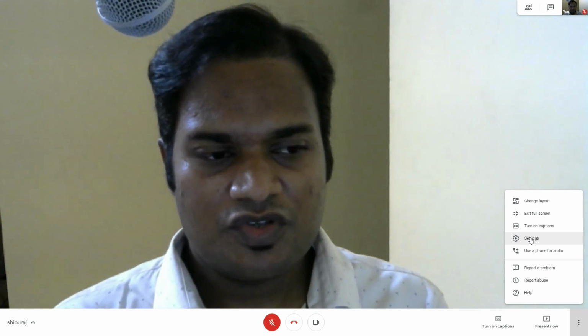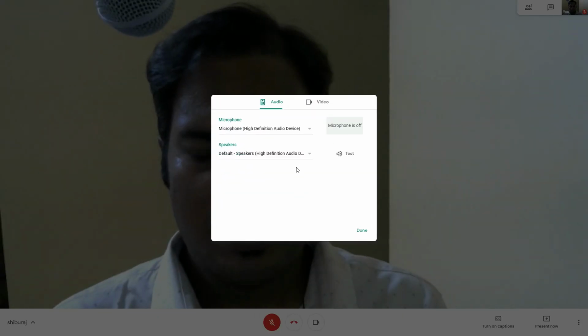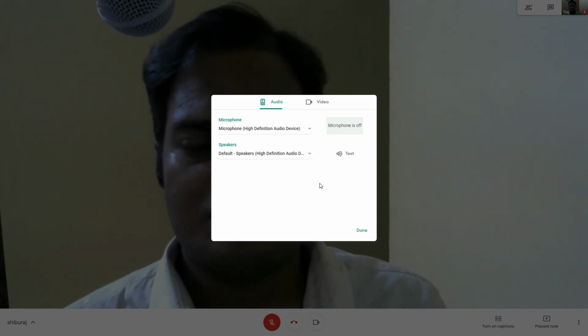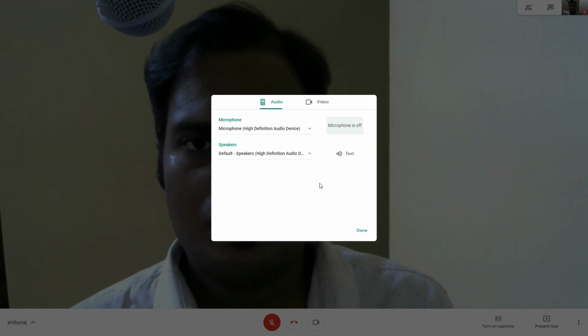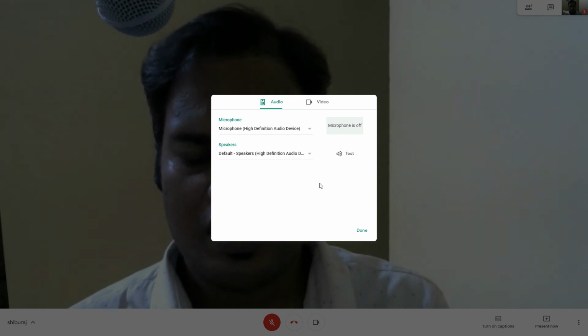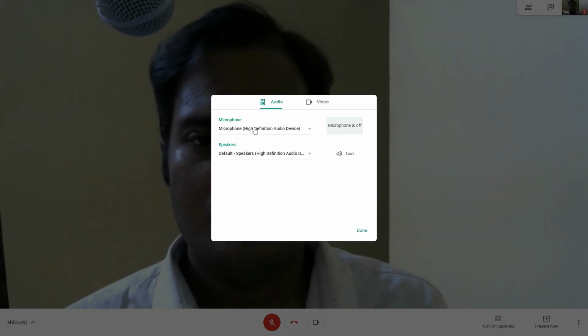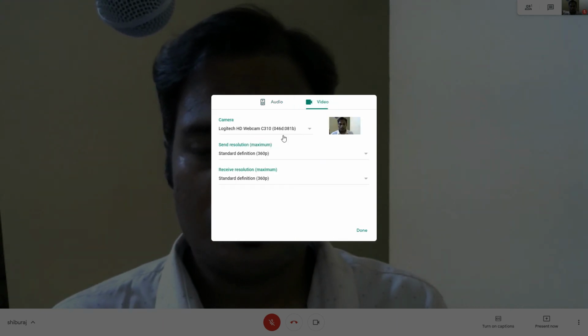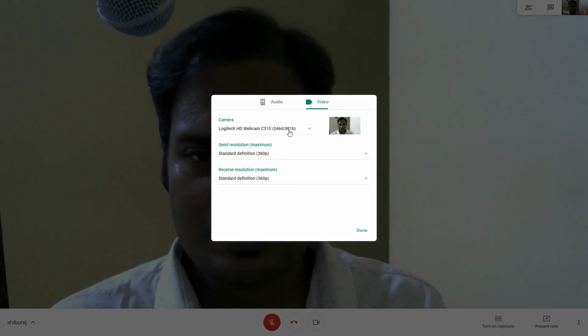The last thing that we're going to see is the settings, and if you click on the settings, you can select which video device and which audio device you want to use. Normally you will have only one microphone, but if, let's say, in your computer you have multiple microphones, like your webcam has a microphone and you have additional headphones which have a microphone, then you can select which one from here. Similarly you may have multiple video recording devices, so that also you can select from here, and the quality, etc.